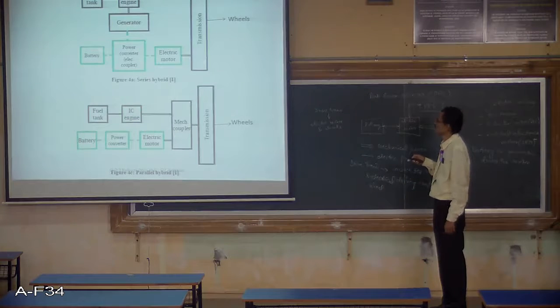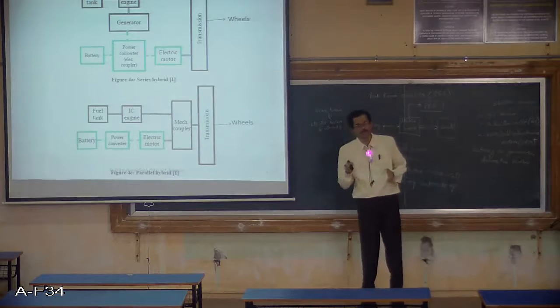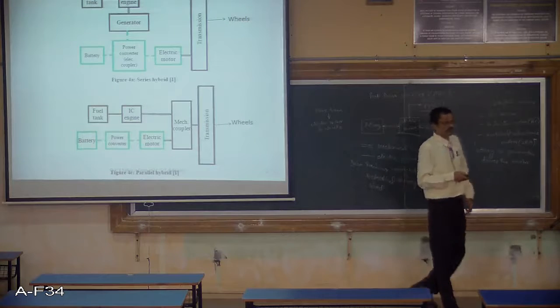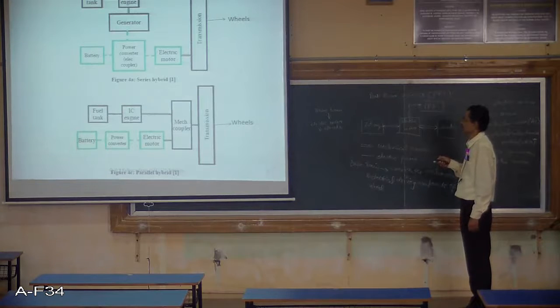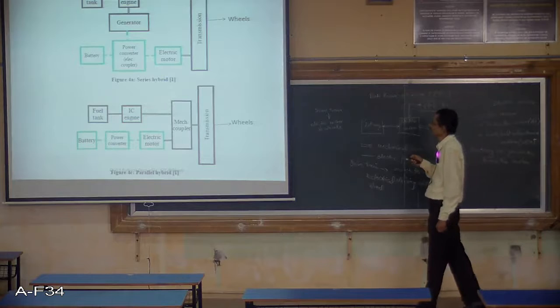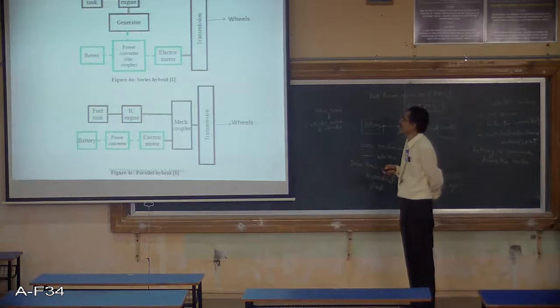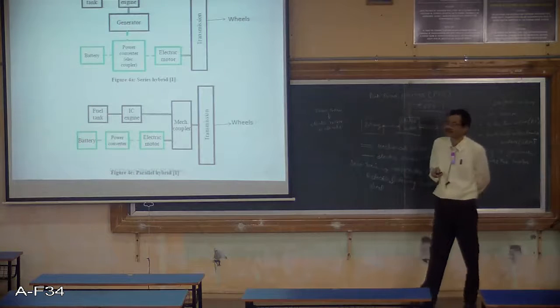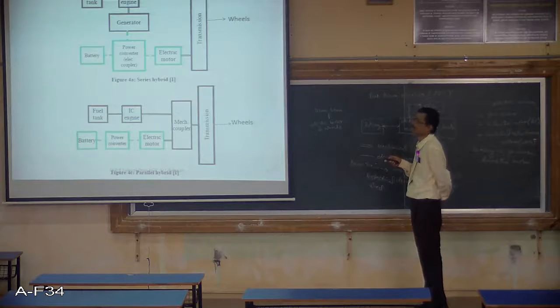Of course, this battery constitutes a number of small batteries connected in series and parallel based upon the requirement of the voltage level and current level required for the electric motor. If you have a bigger electric motor, what we need to have? We need to have higher battery voltage and higher power delivering capacity of the battery. So in that case, size of the battery will increase.